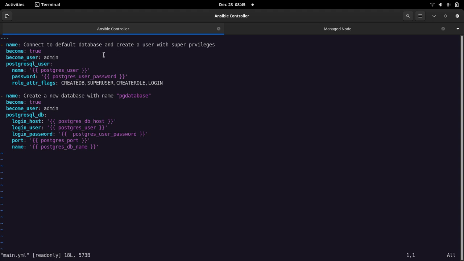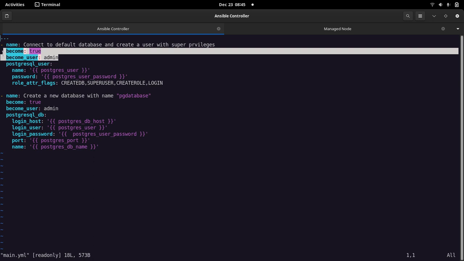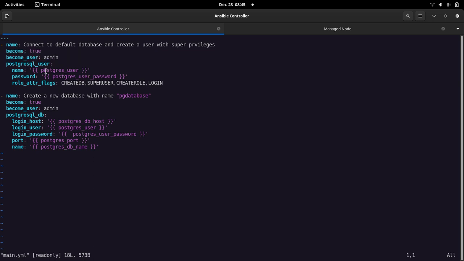But in order to override that one, we need to use the other user ID from which we want to connect.